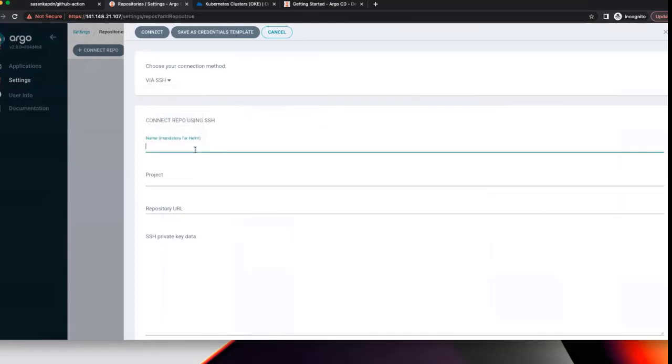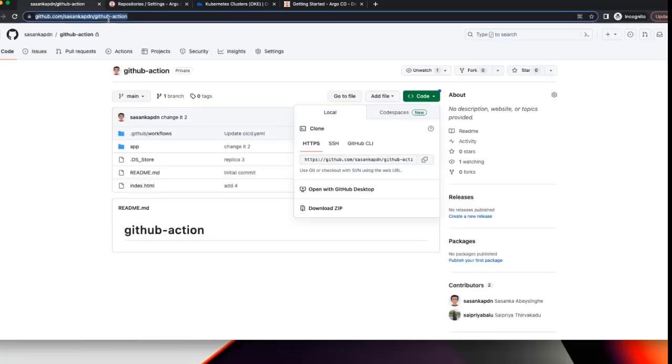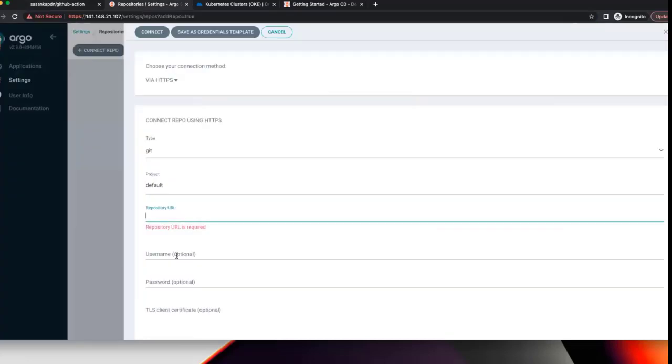You need to give the username and password for GitHub and the project. I'll put it as default, and the repository is the GitHub Actions one.